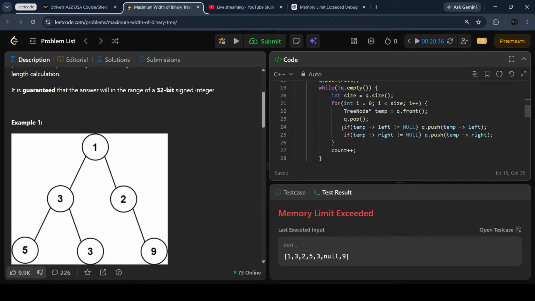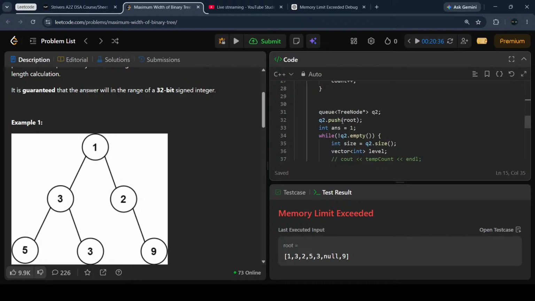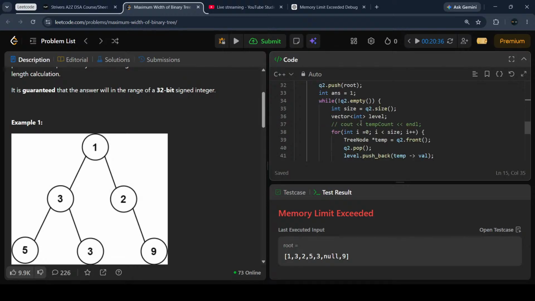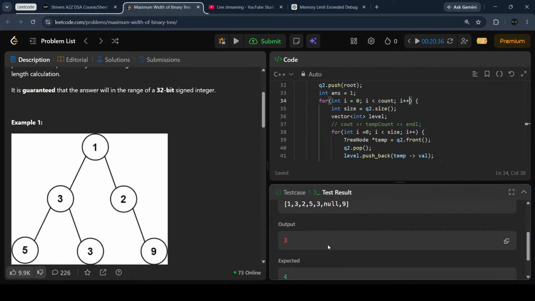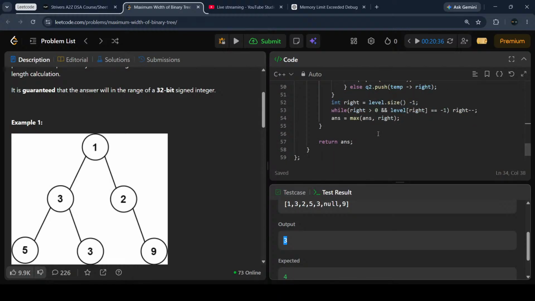So this is the value we're having a count, and the answer is 1, and we won't be running it till it's empty. We'll be running it till, and here i equals to 0, i less than count, i plus plus. I think it should work. Okay, answer is 3 because I think